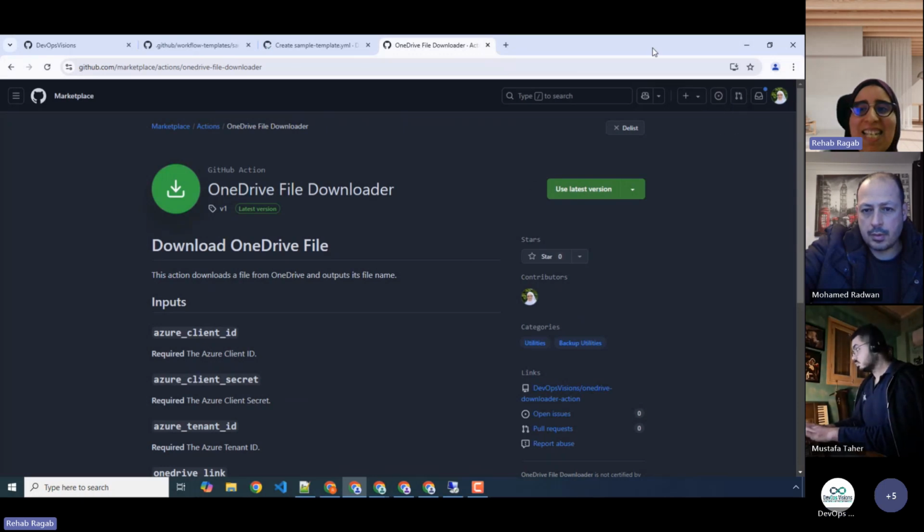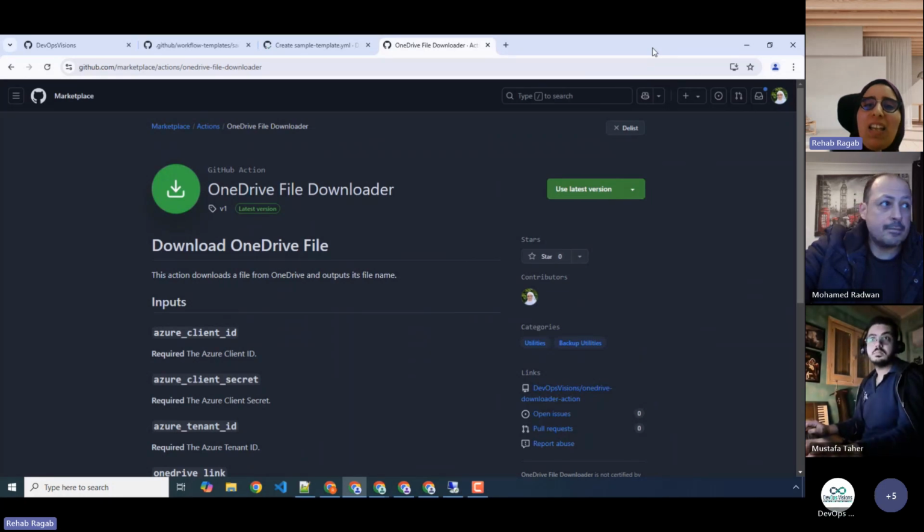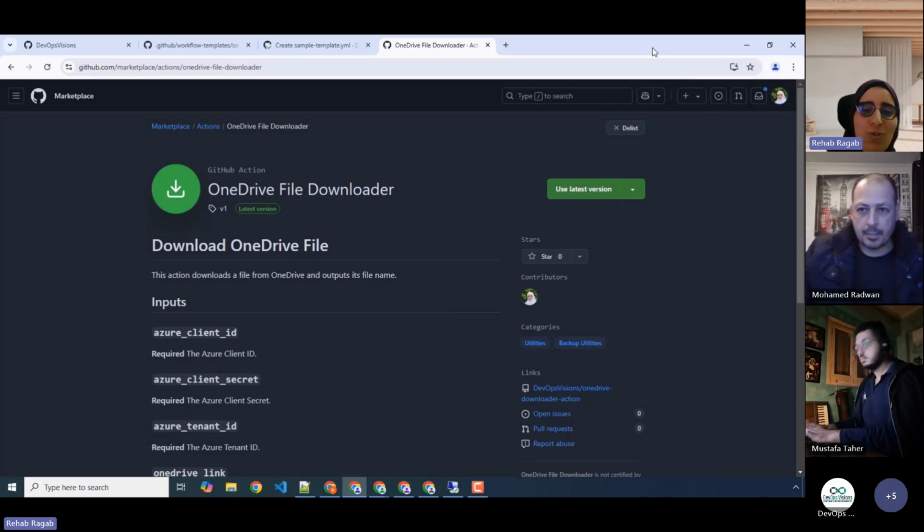And this is the last example for applying reusability. Again, it's not only about how to create the reusable workflow or custom action, saved reply, or all these examples, but it's all about, as Radwan mentioned, mindset.